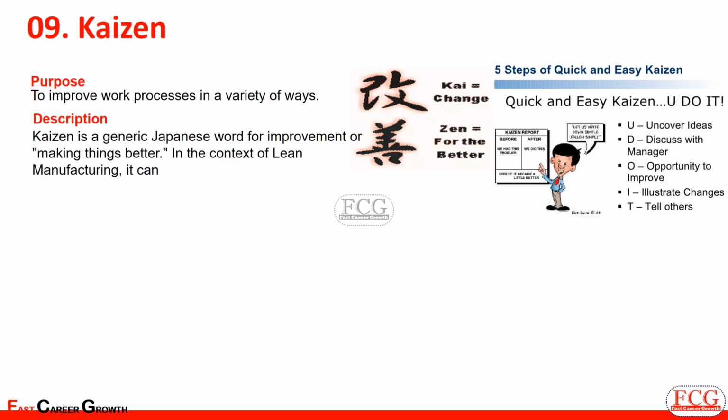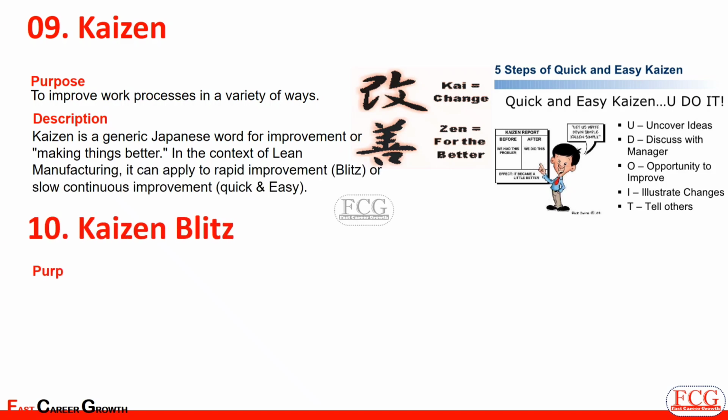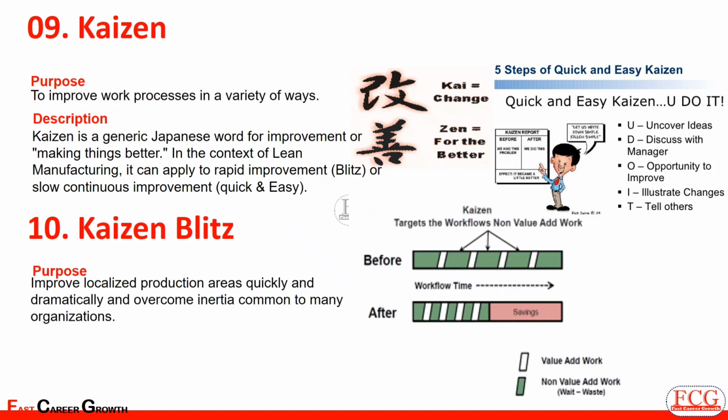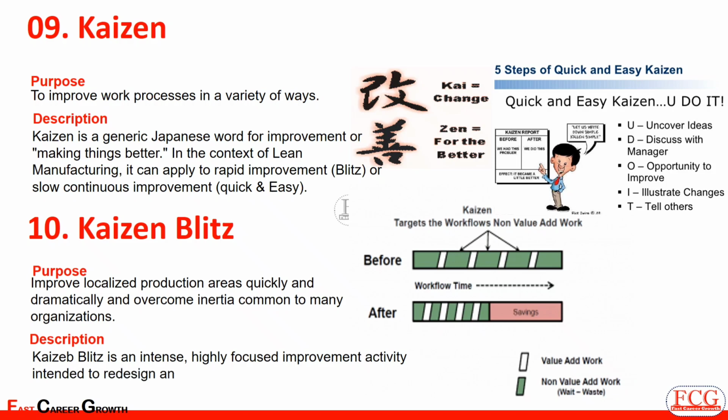Tenth lean manufacturing tool is Kaizen Blitz. Purpose is to improve localized production areas quickly and dramatically and overcome inertia common to many organizations. Here you have to differentiate what is value addition activity and what are non-value added activities. So you have to do improvement by eliminating non-value added activity. Kaizen Blitz is an intense, highly focused improvement activity intended to redesign and implement major changes with